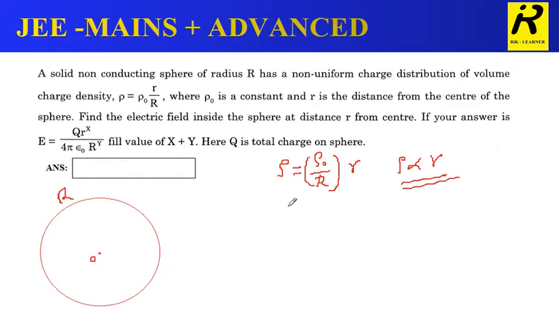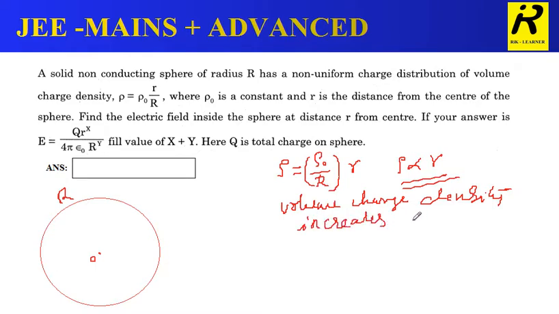As you move further and further from the center, the charge density increases uniformly. It is very important. Sorry, not surface charge, it is volume charge density, right? Volume charge density increases uniformly, like this. That means now we have to find the electric field intensity at any point inside other than the center. So somewhere here there exists a point P where I have to find the electric field intensity inside.